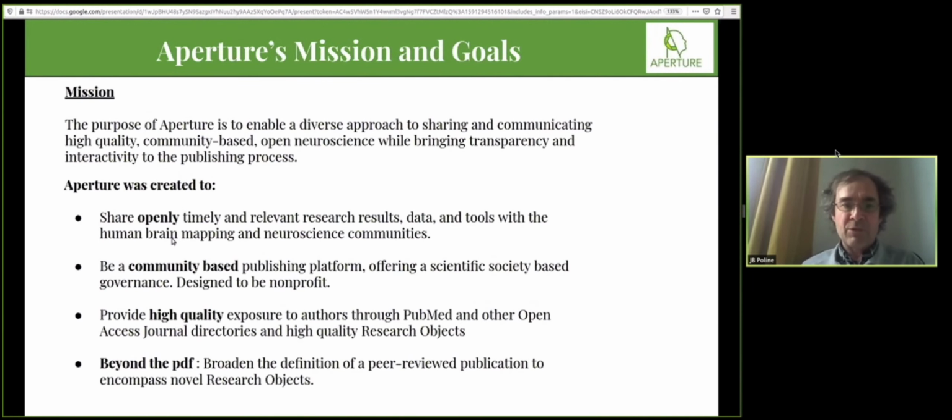recognizing some needs of the community. First of all, the openness of it. I think it's an important aspect of it. We want an open publishing platform where authors keep their copyrights, for instance. Second, we think the community needs something that is based on the actual community itself. So the voice of the OHBM and the neuroscience is heard, and this is why the key decisions of that project are actually done by the council that is elected by you as a community.